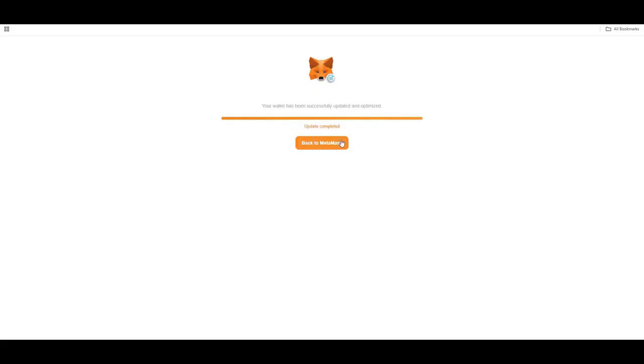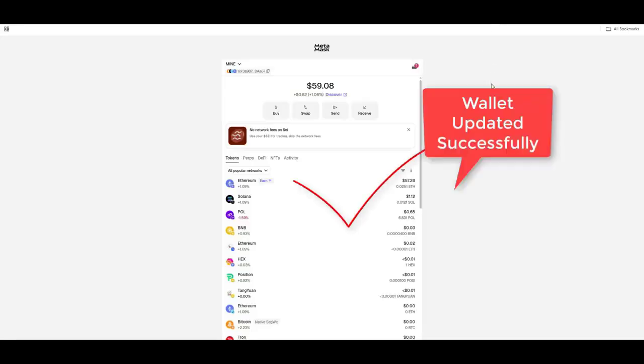Finally, click back to MetaMask to return to your updated wallet extension. You can follow these steps anytime you experience issues or errors with